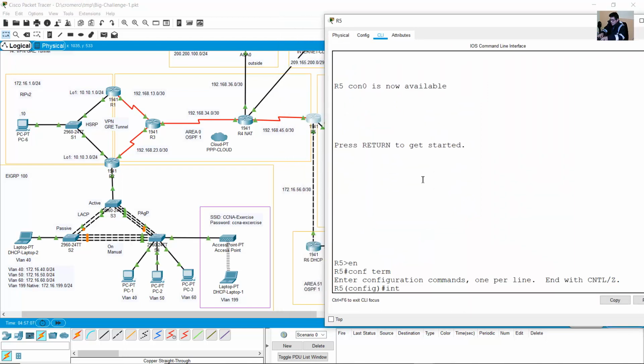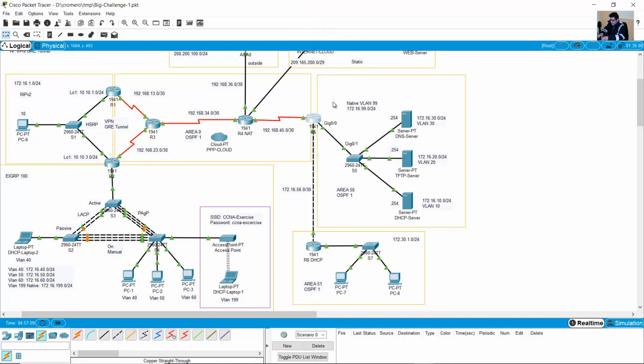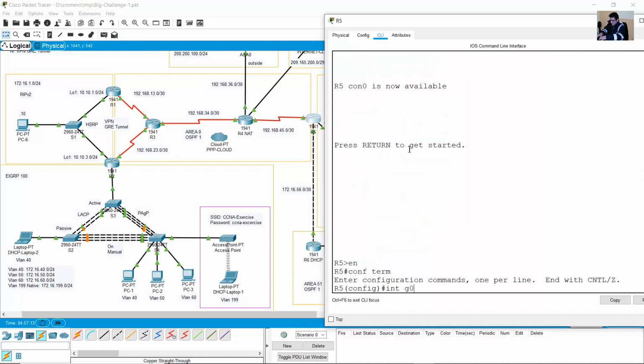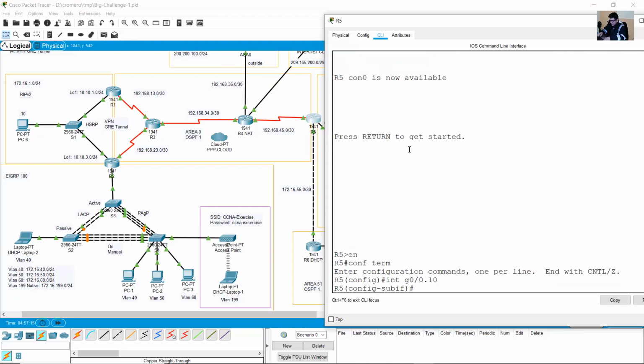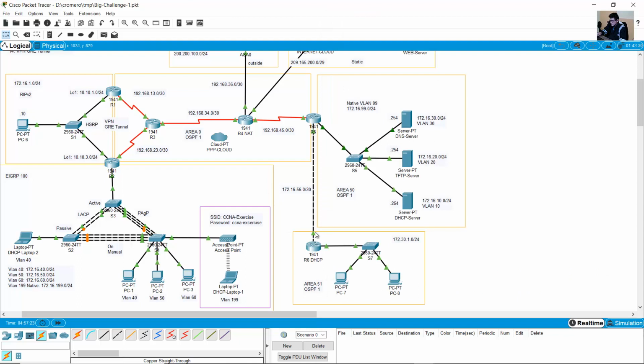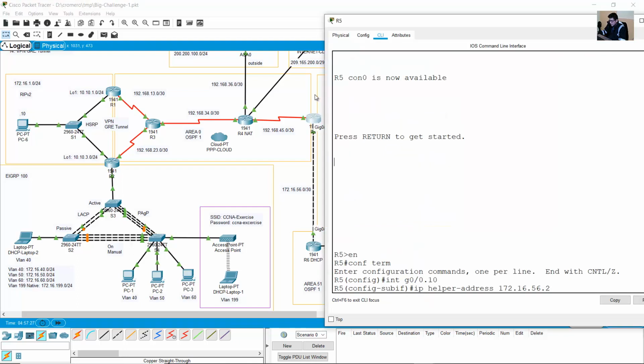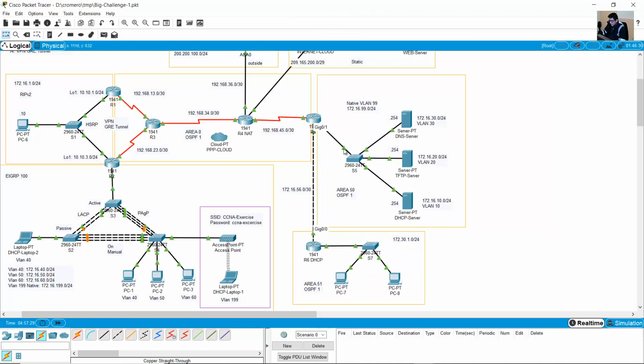Enable, configure terminal, interface gigabit 00 sub interface 10, IP helper address 172.16.56.2, the IP address of gigabit 00, the DHCP server. Okay,